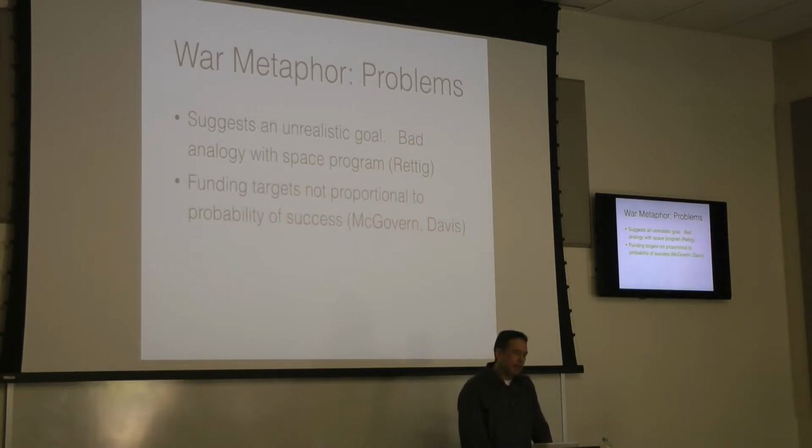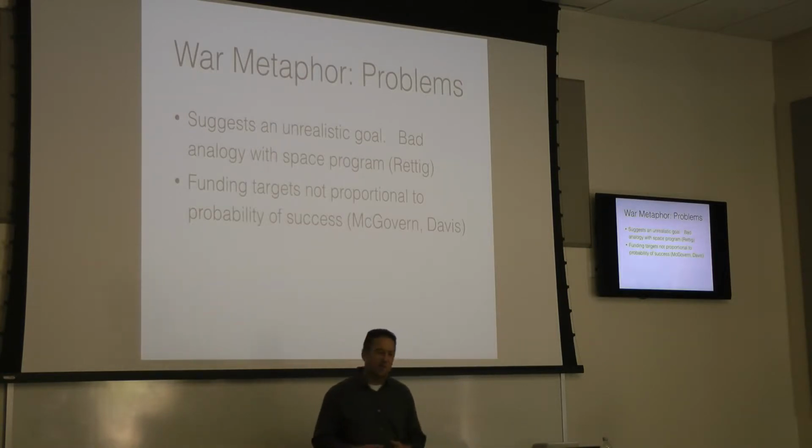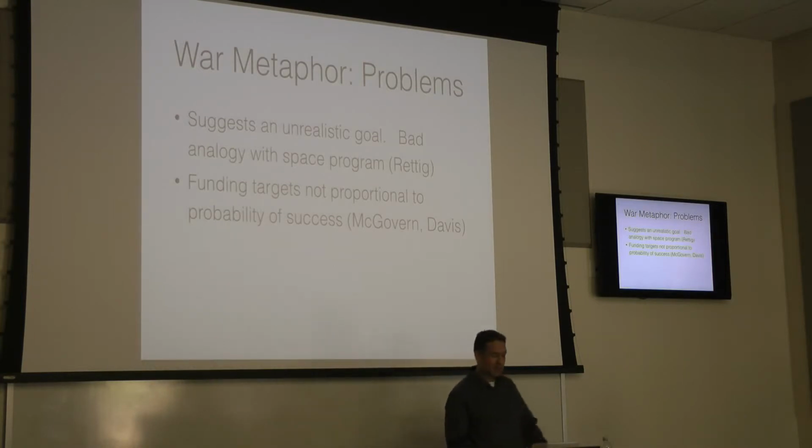And there was also this idea that the funding apportioned through the Act was not proportional to the probability of success. Again, the biggest successes against cancer have been low tech: making people get tested, reducing the number of people who smoke. California is one of the world's best places for that, actually. So why are we going to put all this money into these low probability of success things versus these higher probability success things?